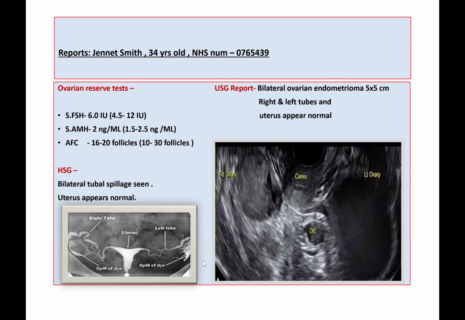And even after the surgery, the egg quality and quantity reserve would be checked by doing the hormone test and scan as well. After the surgery, you can wait and try for pregnancy for 6 months. If it is possible, then very good. And if it is not possible, then after 6 months, we will refer you to the fertility specialist for test tube baby. Are you with me? Yes, yes.